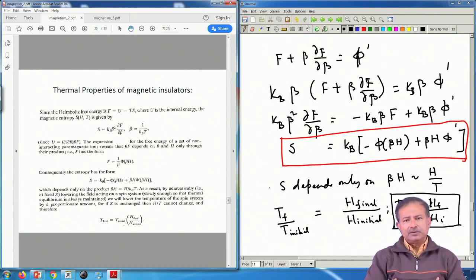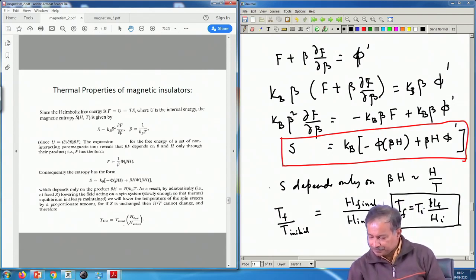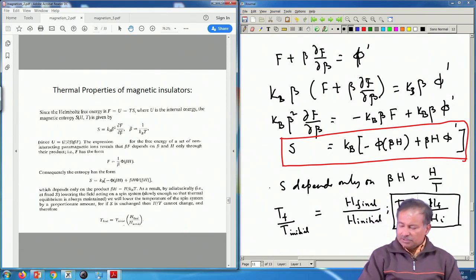But then of course, this is used in certain materials, some insulating materials containing the rare earths and paramagnetic salts, and there of course, it works to lower your temperature. You start at a temperature which is around a few degrees, and then it can take you down to about 1/100th of a degree Kelvin and so on. Below that, of course, it will not work, but this reduction by a factor of 100 can be achieved using what is called the adiabatic demagnetization procedure, by which you can